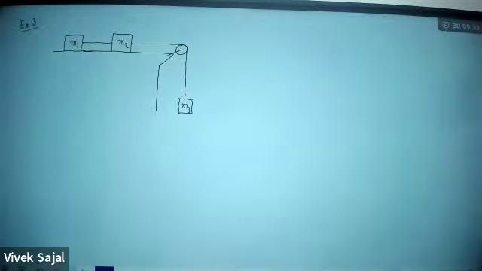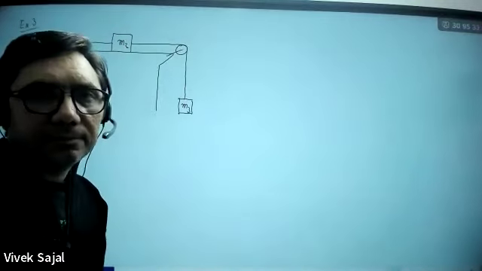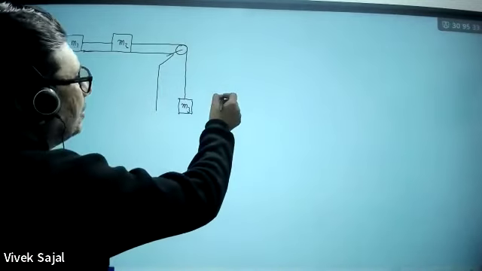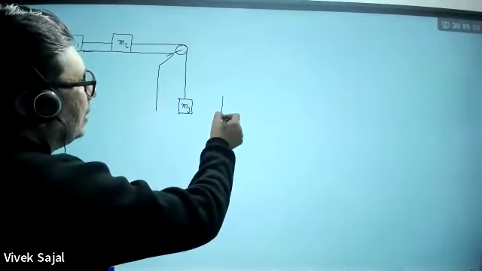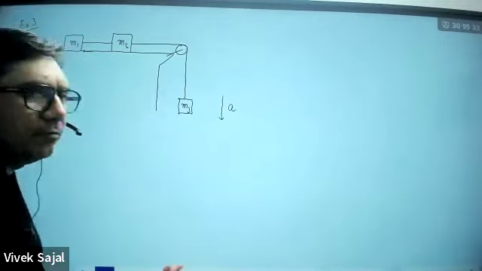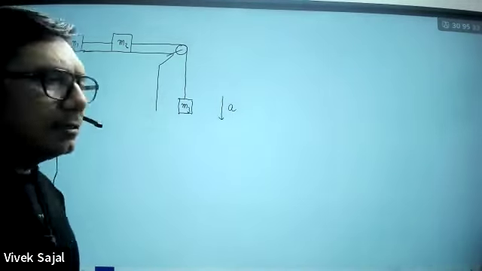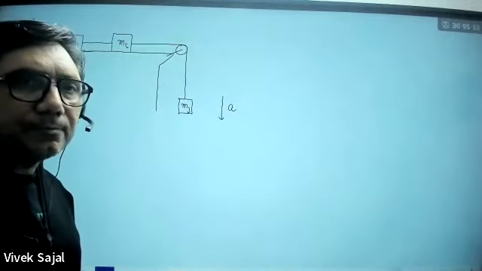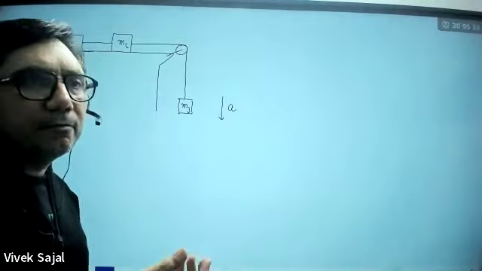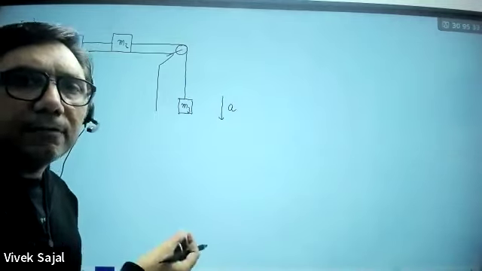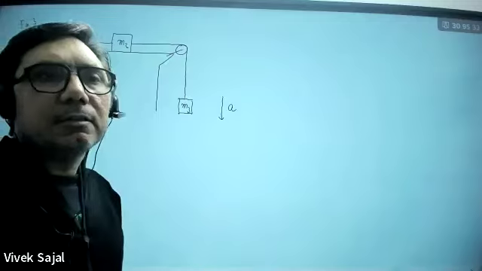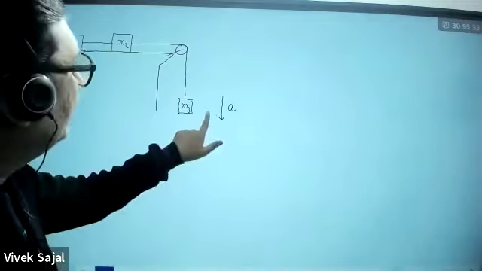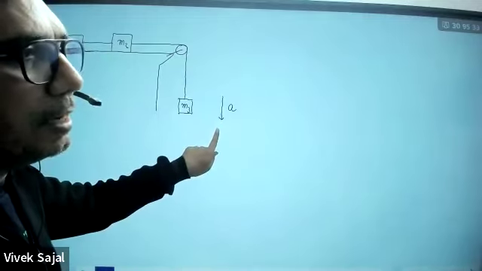You have to find out the acceleration of this system. So what you have to do, you are assuming that this block is moving in the downward direction. Some of the students may say that suppose it is moving in the upward direction. Okay, no problem. In that case, acceleration will be negative. Whatever calculation you are going to do, after calculation, you will find out that this acceleration is negative. If acceleration is coming out negative, it means whatever is your choice,